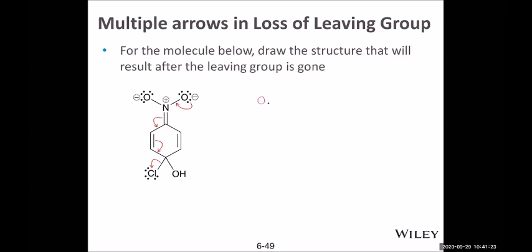So I pretty much just copy the structure, but I'm ready to change some of the bonds because there are some arrows moving back and forth. So I maintain all the main structures. And you notice this oxygen, the lone pair starts from this oxygen with negative charge. And this lone pair lands on the single bond. So that means the single bond has two electrons. You add one more pair of electrons, it becomes double.